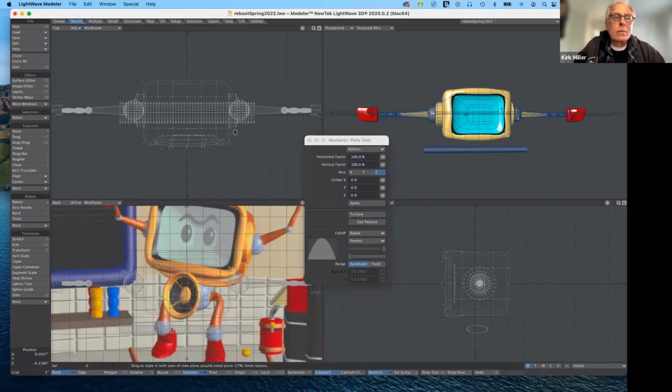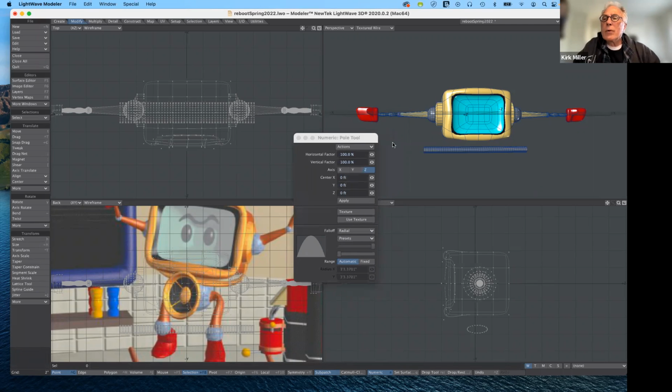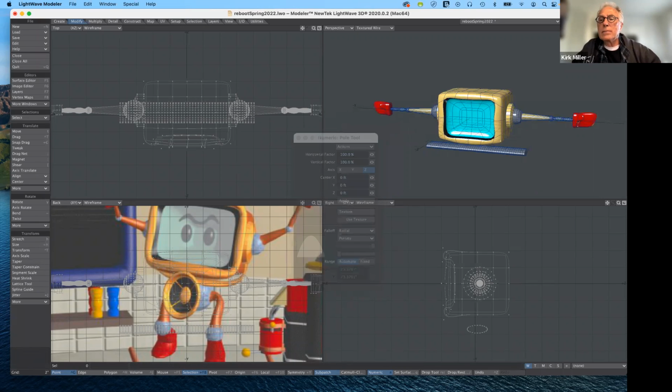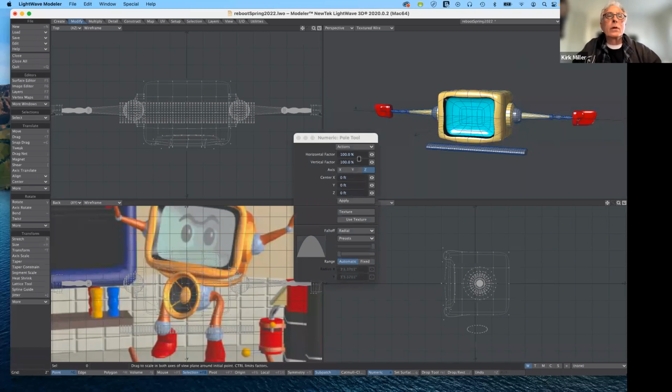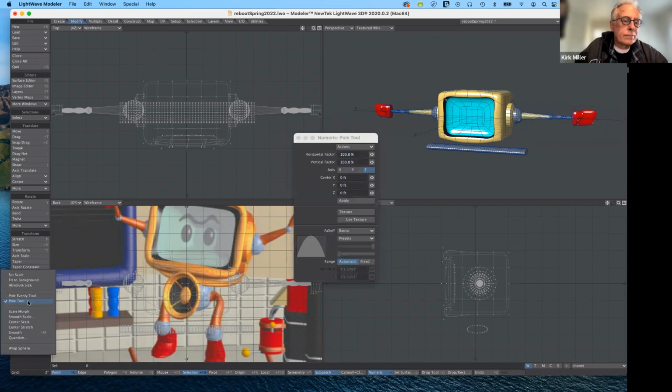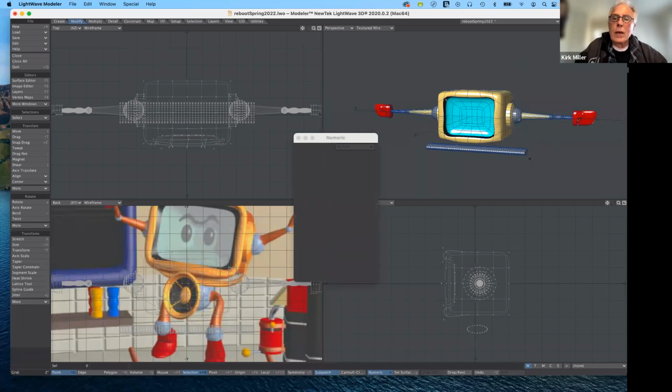So now what I want to do is, you know what? I goofed. I put it on the same layer, and it's going to screw everything up. So not to worry. I mean, it's easy to forget, as I'm talking to you guys, I forget what I'm doing half the time. So what I'm going to do is I'm going to go ahead and turn off pull, and I'm going to make sure I have polys selected,